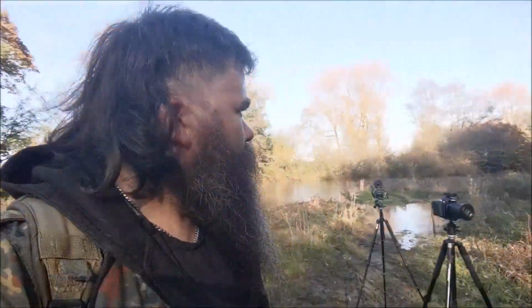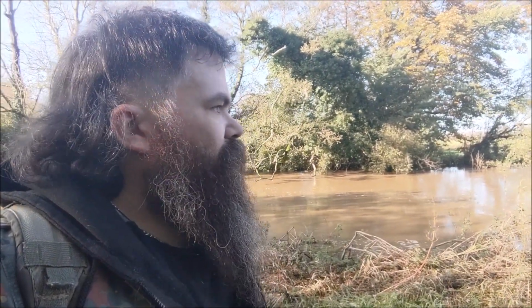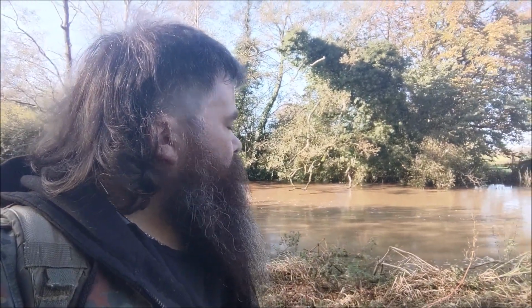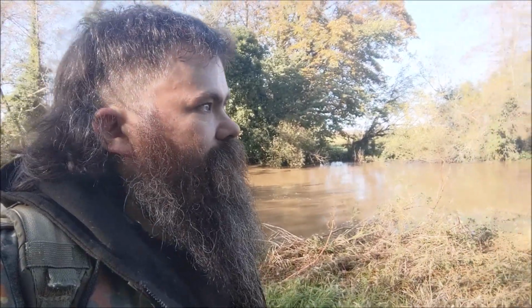The dog's just come down through here and then followed me back. So I don't know if the dog went on a little mini adventure of his own, but yeah, I can't follow him. And the water's coming further up here, I can see it moving. So there's going to be a bit of a flooding situation. Well, it already is, but the end of the road for me,